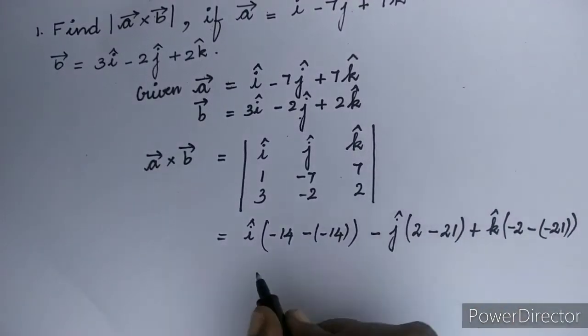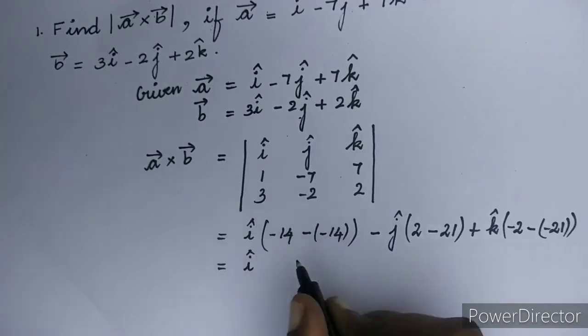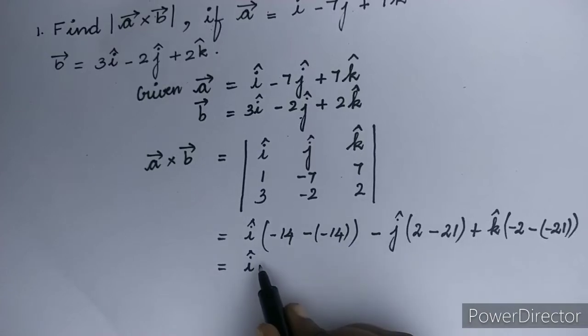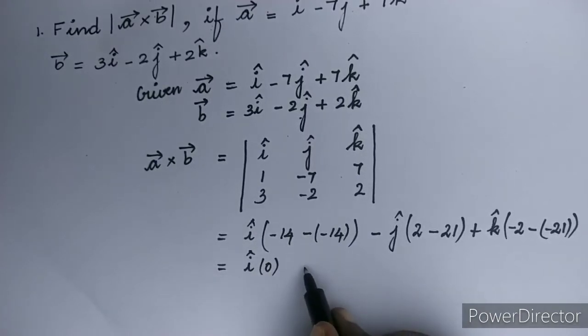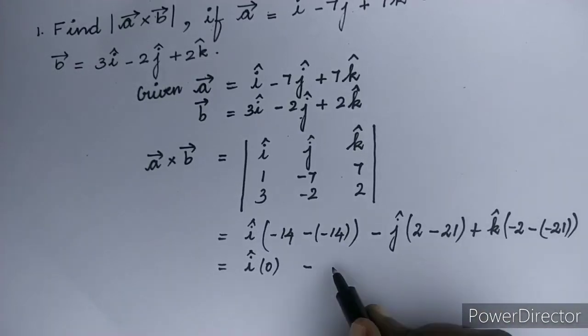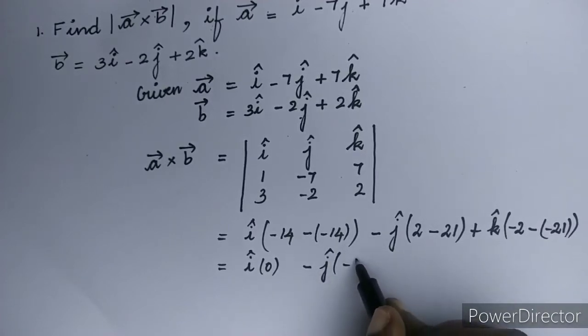We will simplify this first. i cap into minus is plus. So, minus 14 plus 14 is 0. So, i cap into 0, minus 2 minus 21 is minus 19. So, j cap into minus 19